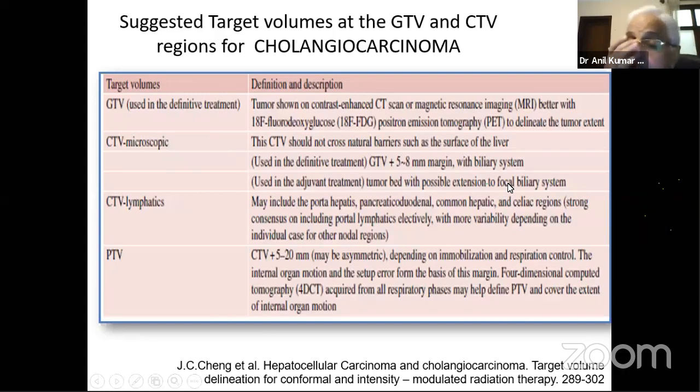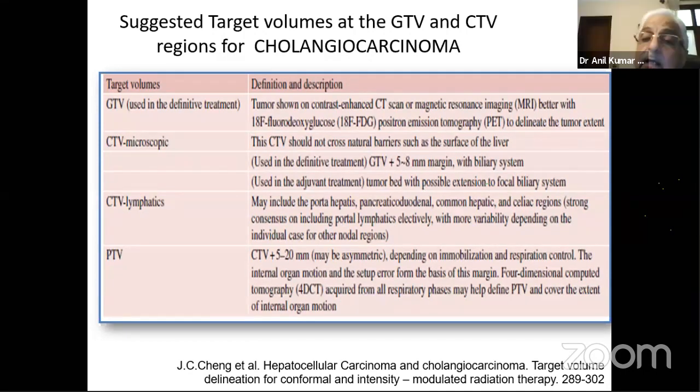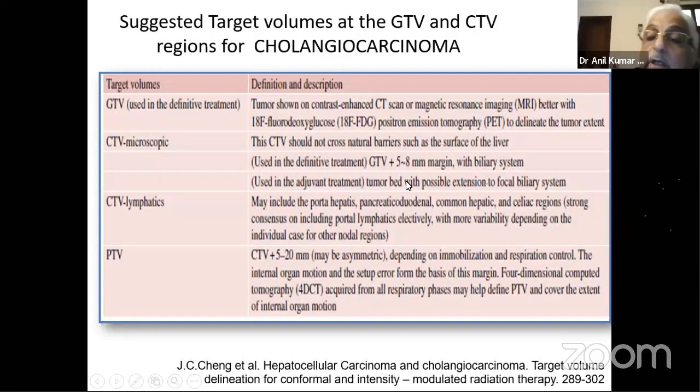So reading pre-operative CT scan, MRI, reading detailed operative notes, reading detailed pathology report, then only you can do a good tumor bed. Otherwise, many things will be missed and we will be only treating the post-op sequelae. Look at what is happening to the biliary system, where the surgeon was compromising. And sometimes we have to ask the surgeon where you compromise in this resection, because liver resection in cholangiocarcinoma is not that easy. It has always problems.